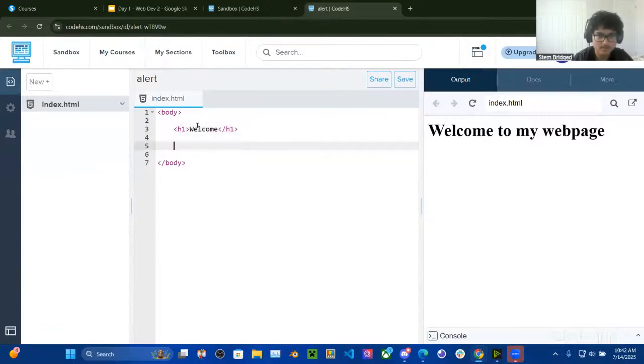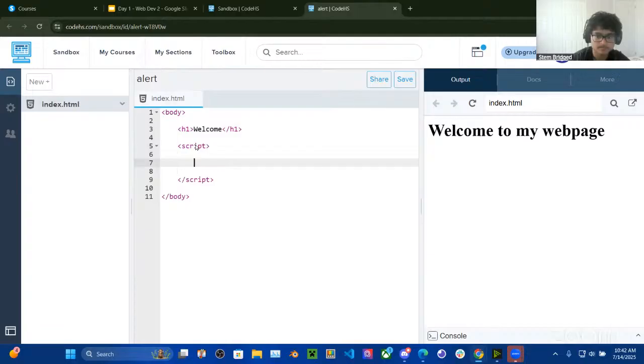You want the script tag to go after all the elements in your body, so let's put it as the last element. Okay, so in script tags, you can obviously use comments, and this will not be interpreted by the browser. But you can also put actual JavaScript like var name equals name, and then